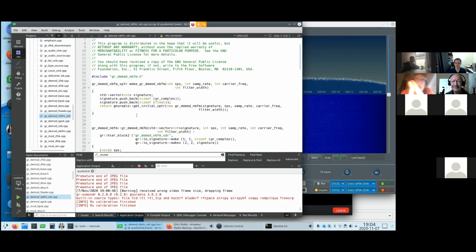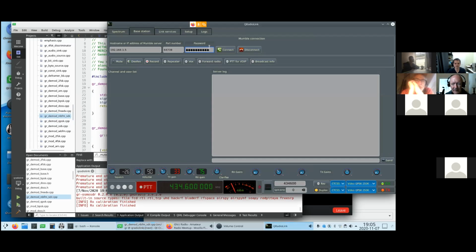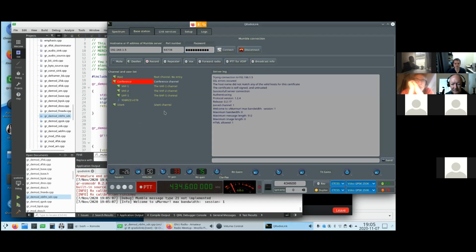This is what I've been actually using the most in the last year or so because we have a lot of FM repeaters here, and I access them remotely using QRadio Link. QRadio Link can also connect to a voice over IP server, which uses Mumble, and can forward the audio